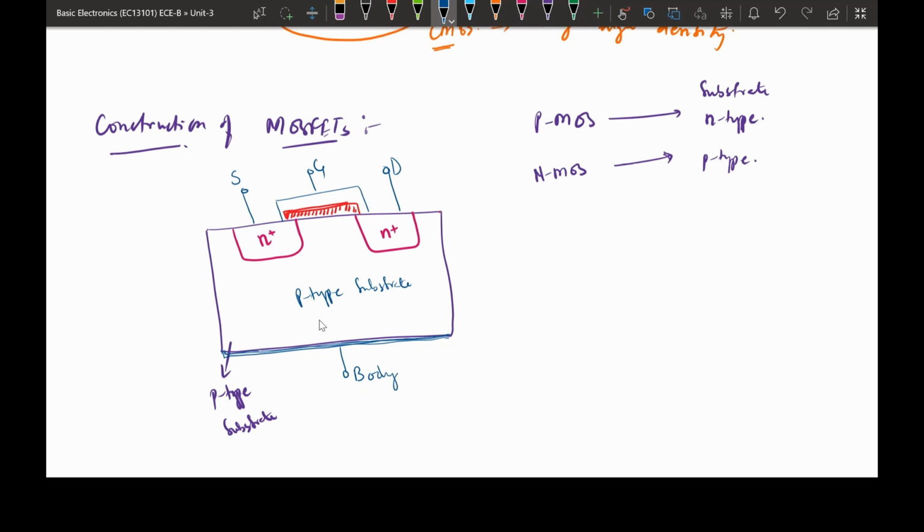Then as we are applying the drain to source voltage, with respect to that, the electrons will be moving between source to drain. So this will constitute the current flow. So this is how the current conduction takes place in case of MOSFETs. Similarly, if we talk about the depletion type MOSFET, there will be predefined inversion charge regions. So that means this is the case of enhancement type